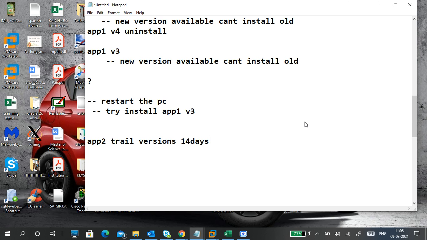For example, today is the 9th, so on 12th March it will expire, and from the 13th it won't work. So I will keep changing the date on my PC, putting it one day back every day, so on my PC it never goes to 12th March.